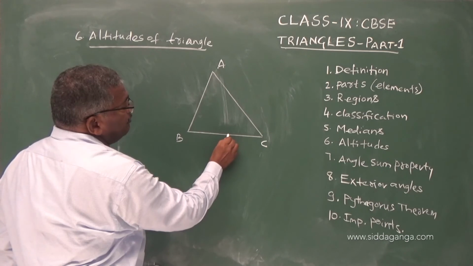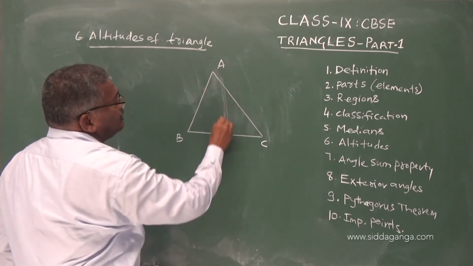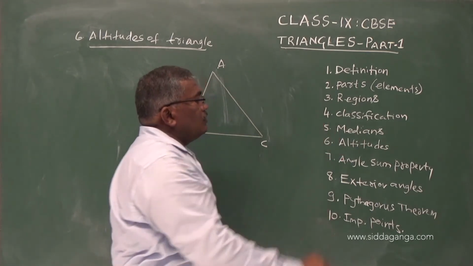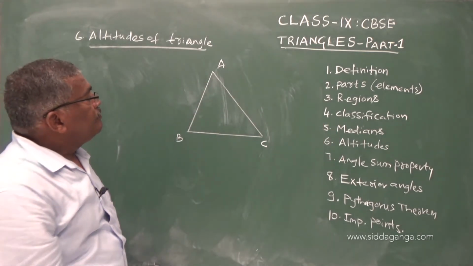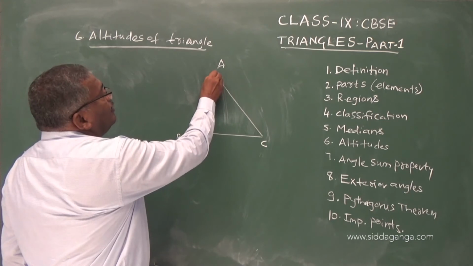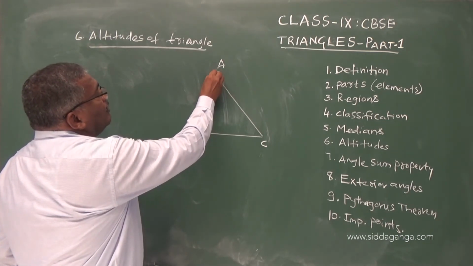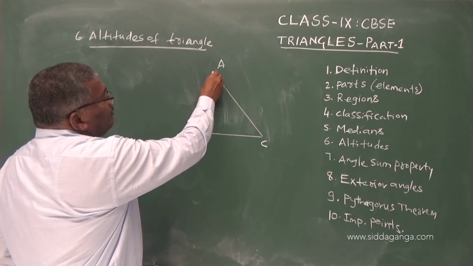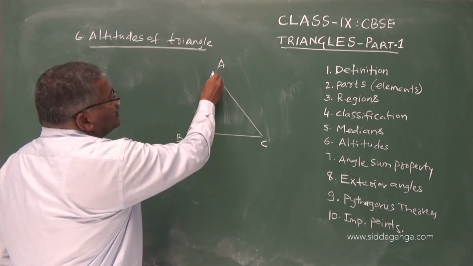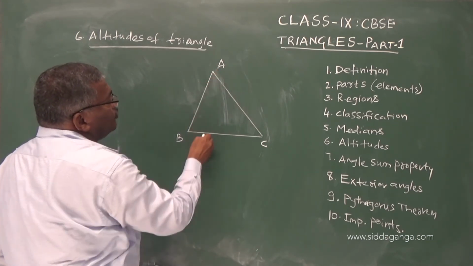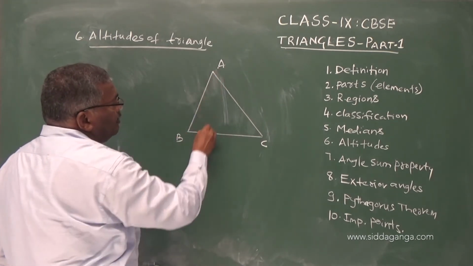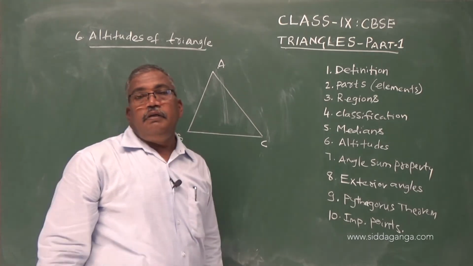The midpoint of BC is somewhere here. If I join this, it is called a median. So here, in the case of an altitude, if I draw a perpendicular to BC, the opposite side. This is the vertex. The opposite side is BC. To BC, if I draw a perpendicular line,